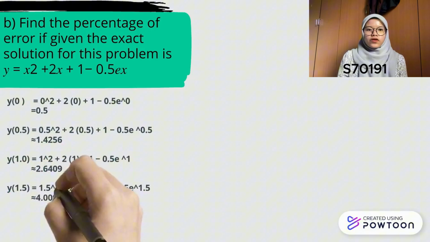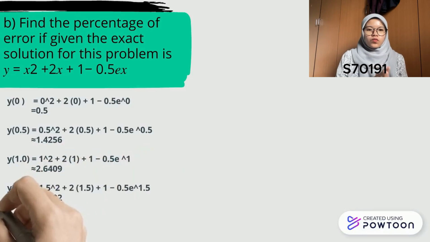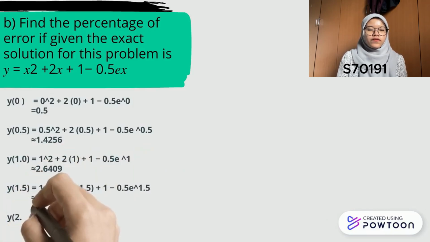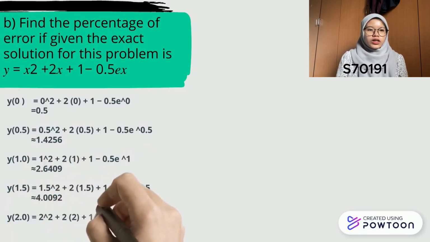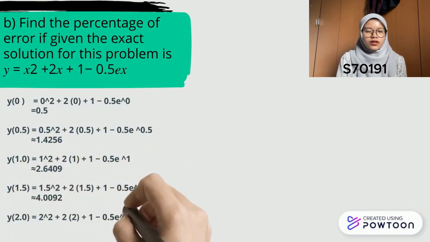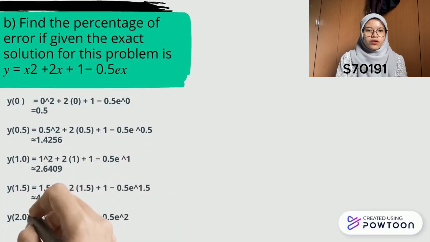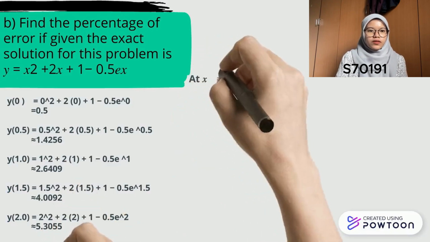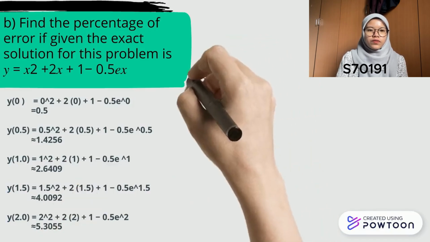1.4256. For x equals 1.0, the exact value is computed as y(1.0) equals 1 power of 2 plus 2 multiply 1 plus 1 minus 0.5 e power of 1. So the answer is approximately 2.6409. For x equals 1.5, the exact value is y(1.5) equals 1.5 power of 2 plus 2 multiply 1.5 plus 1 minus 0.5 e power of 1.5. So the answer is approximately